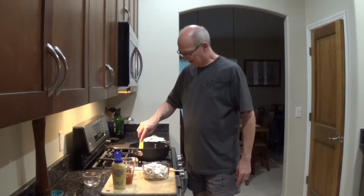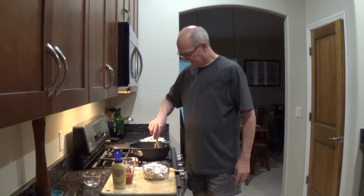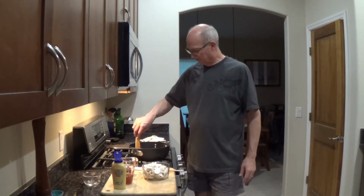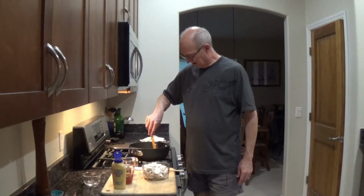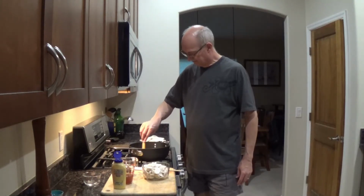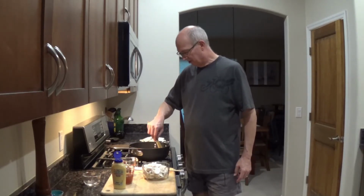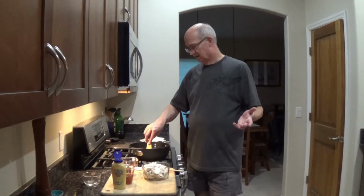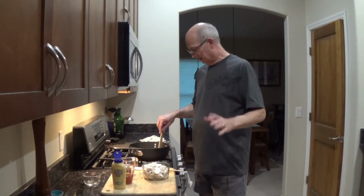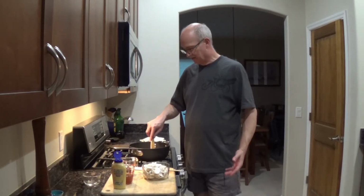So I just want to get these shallots to start to soften up a little bit. I figured we're going to cook them for about a minute. I'm going to keep this heat a little high. Like I said, this is just, I think, a good beef gravy. I'm funny about that. To me, turkey gravy's turkey gravy, man. But if I've got meat and I want gravy on it, this Marcella is